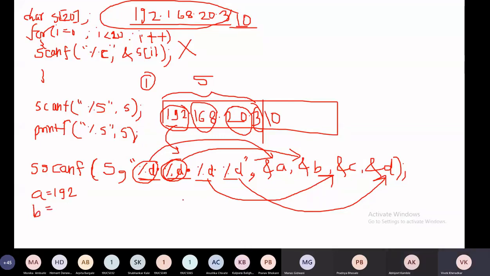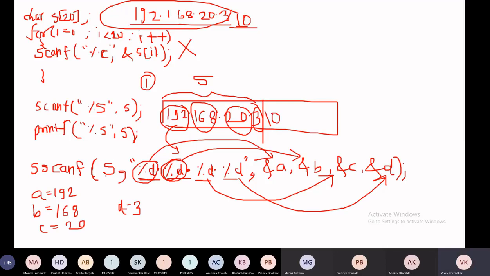So this is the way to separate integers from the string. And b is 168, c is 20, and d is 3. Are you getting how to separate integers from the string? sscanf is used to separate the formatted string as per your requirement. From the string you can separate your values. That's the use of sscanf.